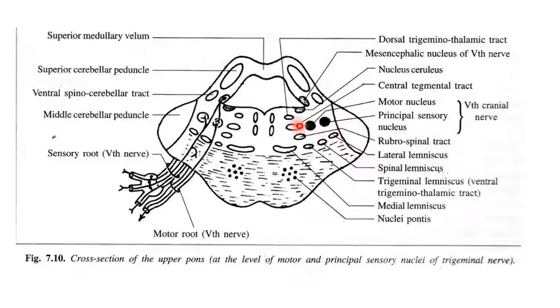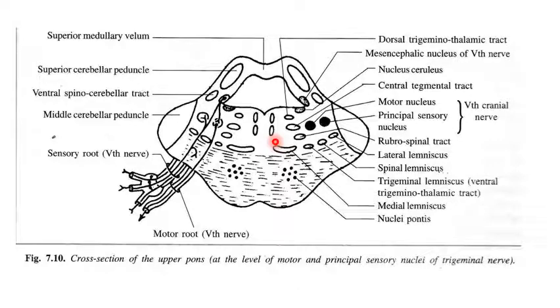In the central core there is the central tegmental tract. So this is the central tegmental tract in the central core. Close to the midline, what is this? Medial longitudinal fasciculus, tectospinal tract, and you can show here the rubrospinal tract. This rubrospinal tract is here, but you can show it close to the midline in line with the medial longitudinal fasciculus, tectospinal tract, and ventral to the tectospinal, the rubrospinal tract.